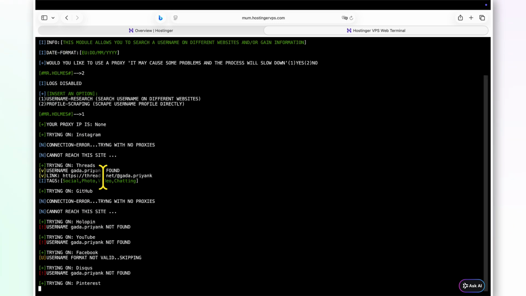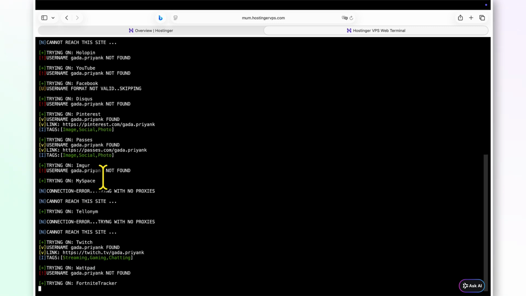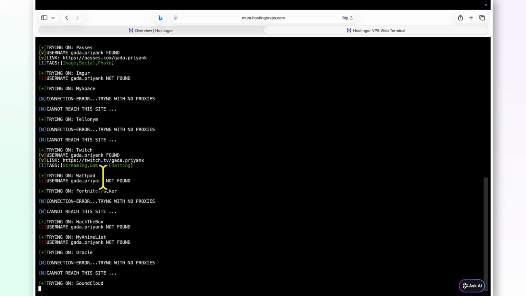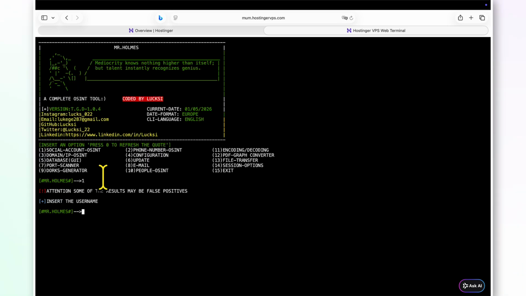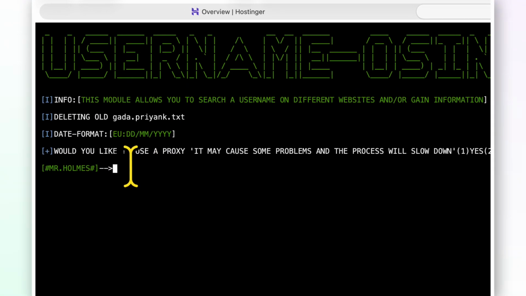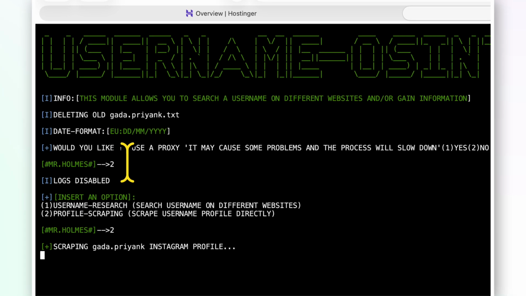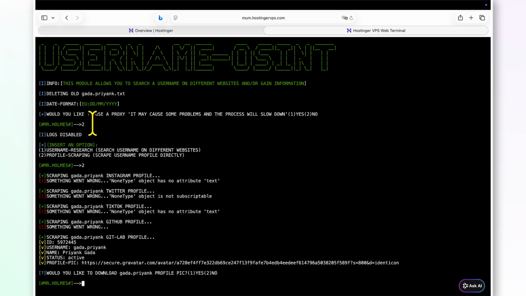As you can see, the best part is it also runs a reverse scan on the images that are searched. So let's say, for example, if there is a Gravatar avatar, you can see my name has already popped up and it has found a lot of things. So it will work around. Let's end the scan over here. Let's do it again, and you'll notice one thing, that it deletes the old text file, the report that it has created. Now I'll do a profile scan, and over here it has given me the name of the user,